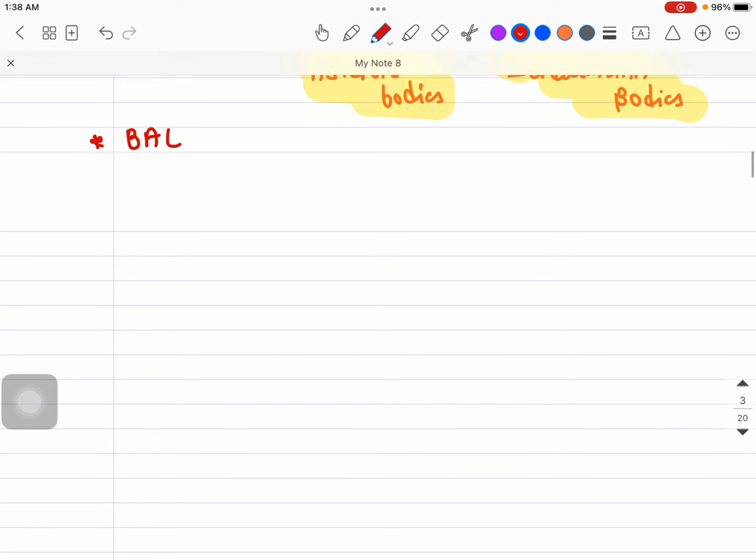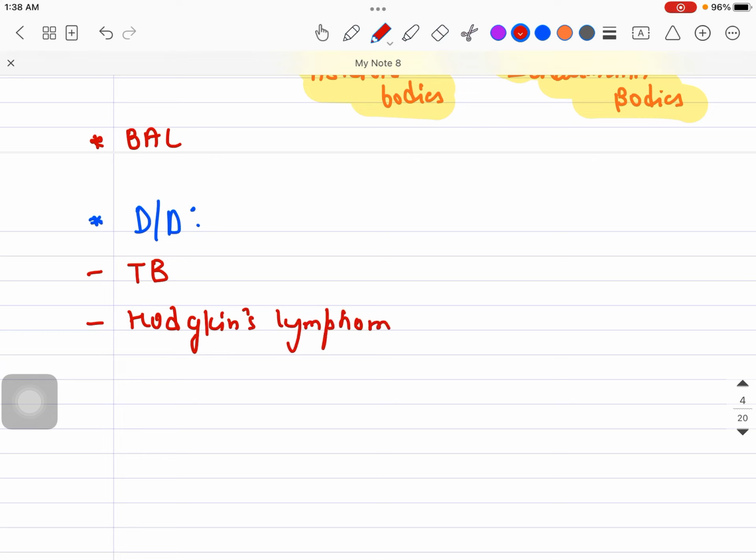As far as differential diagnosis is concerned, what are the DDs in this case? Let me write some of the differential diagnoses over here. That can be sarcoidosis. Along with that you might think about TB. I told you caseating granuloma will be seen in the TB. Langhans giant cells can be seen in the TB but not in the sarcoidosis. Hodgkin's lymphoma, you can actually look for that also, because the symptoms might be similar, so that's why clinically it is not that easy to diagnose sarcoidosis, because other diseases are also there which can mimic these symptoms.